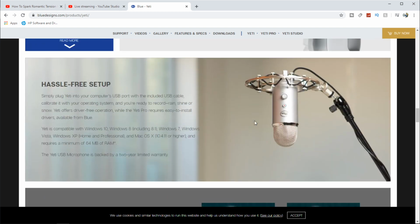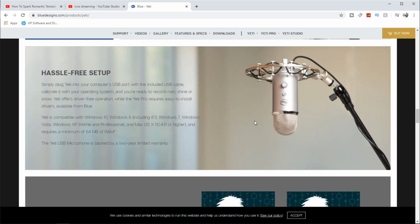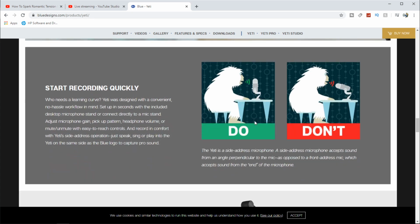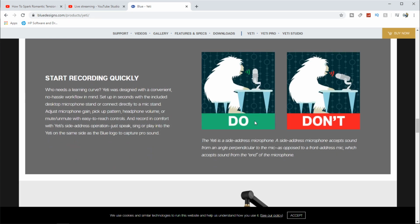Then I'm going to show the specs for it. Also, as you can see here, hassle-free setup. And also, guys, for those who don't know, if y'all do get a new microphone as well,